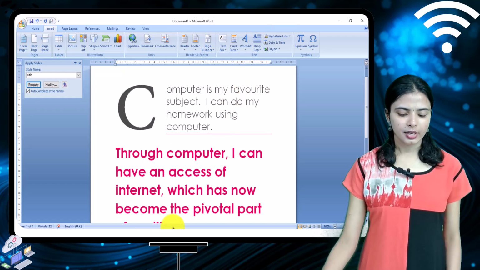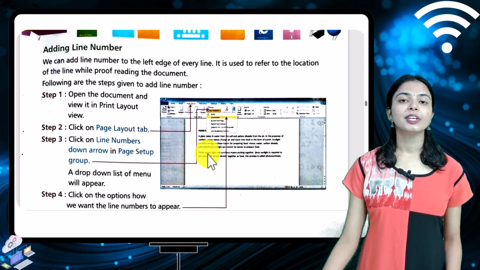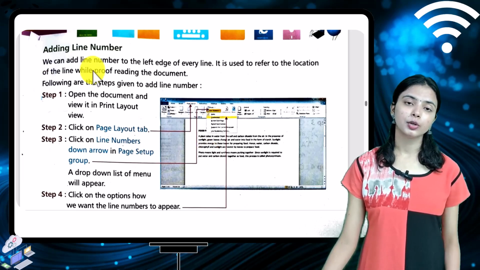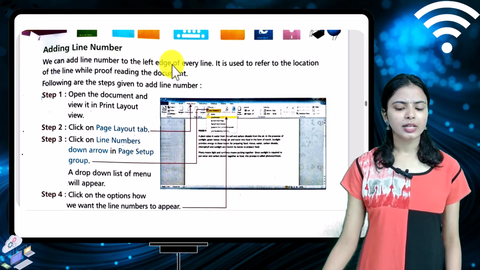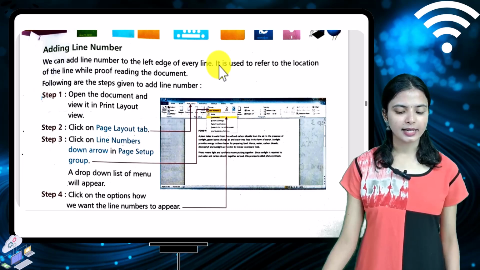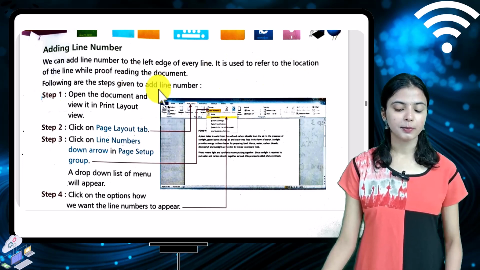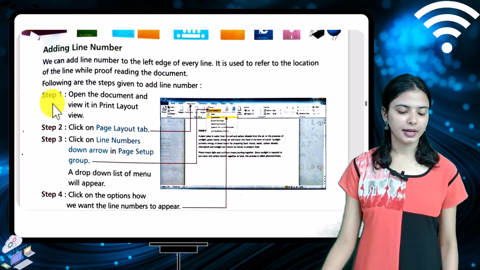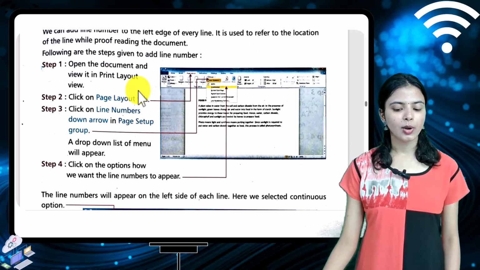Okay. Now students, the next feature you are going to learn about is adding line numbers. If you want to add line numbers, how would you do that? We can add line numbers to the left edge of every line. हम हर एक लाइन के लेफ्ट एज पर लाइन नंबर ऐड कर सकते हैं. इट इज यूज्ड टू रेफर टू द लोकेशन ऑफ द लाइन वाइल प्रूफ रीडिंग ऑफ द डॉक्यूमेंट. जब भी प्रूफ रीडिंग होगा तभी भी हमें ये हेल्प करेगा कि कौन सी लाइन कहाँ पर है, राइट. फॉलोइंग द स्टेप्स,